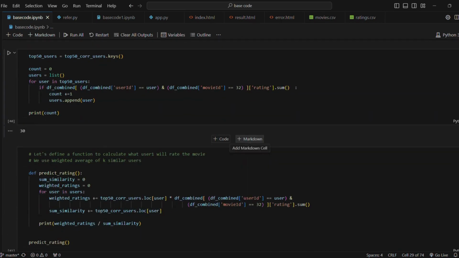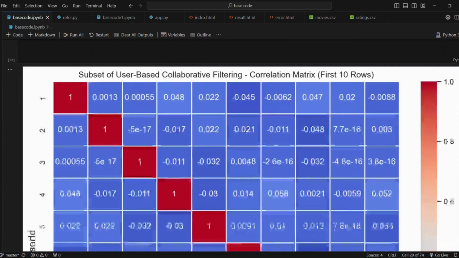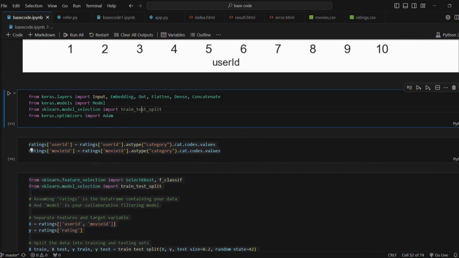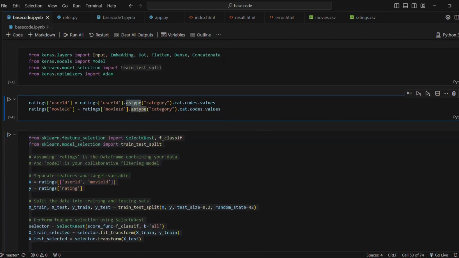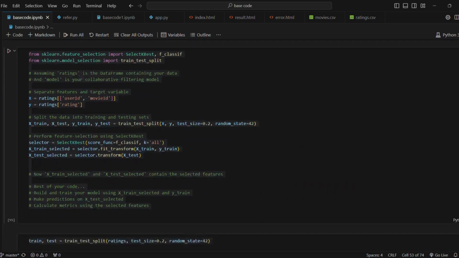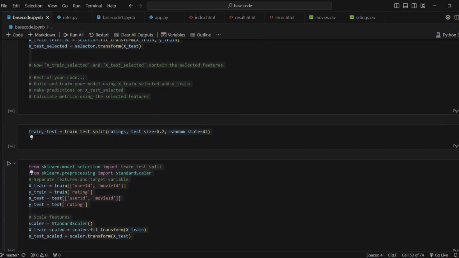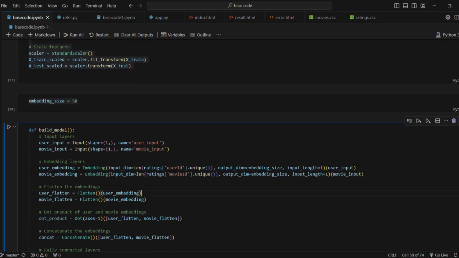Now, to implement our collaborative filtering, we have used deep learning methods, so we'll go directly to that. I've already told you that we're using the Keras API for this one. First, I've converted the categorical variables into numerical values, because machine learning algorithms need numerical values for better results. I've done that using the pandas astype function. Then I used train test split, dividing the data into 80% training and 20% testing. After that, I used SelectKBest for feature selection. In this case, it's obviously ratings, because that's the data point we give importance to in order to find similar users.